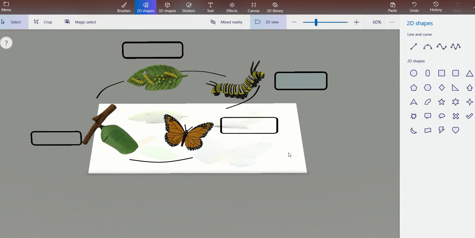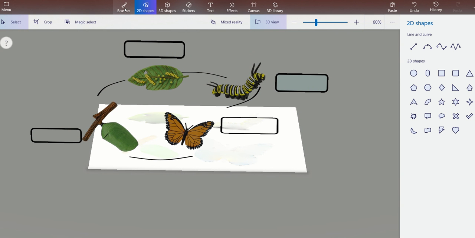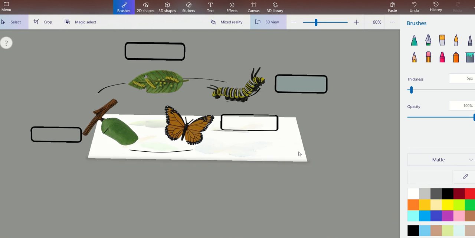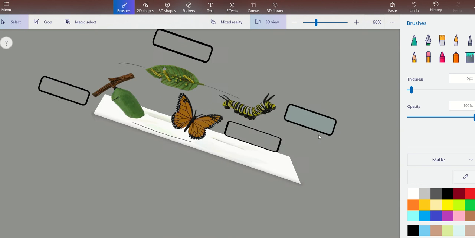So you can always go ahead, and now you can use the brushes option. With the help of the pencil or a pen, you can go ahead and make your entry over here, edit it, and finally enter it. And what people can also do is, once this image is 3D, because the diagram which I've created in front of you is a cyclic flow of a butterfly life cycle, starting right from an egg position to a caterpillar stage. This is the larval stage, and finally once the cocoon is converted, it converts into a butterfly. So you can always go ahead and make a 3D diagram which would look much better.